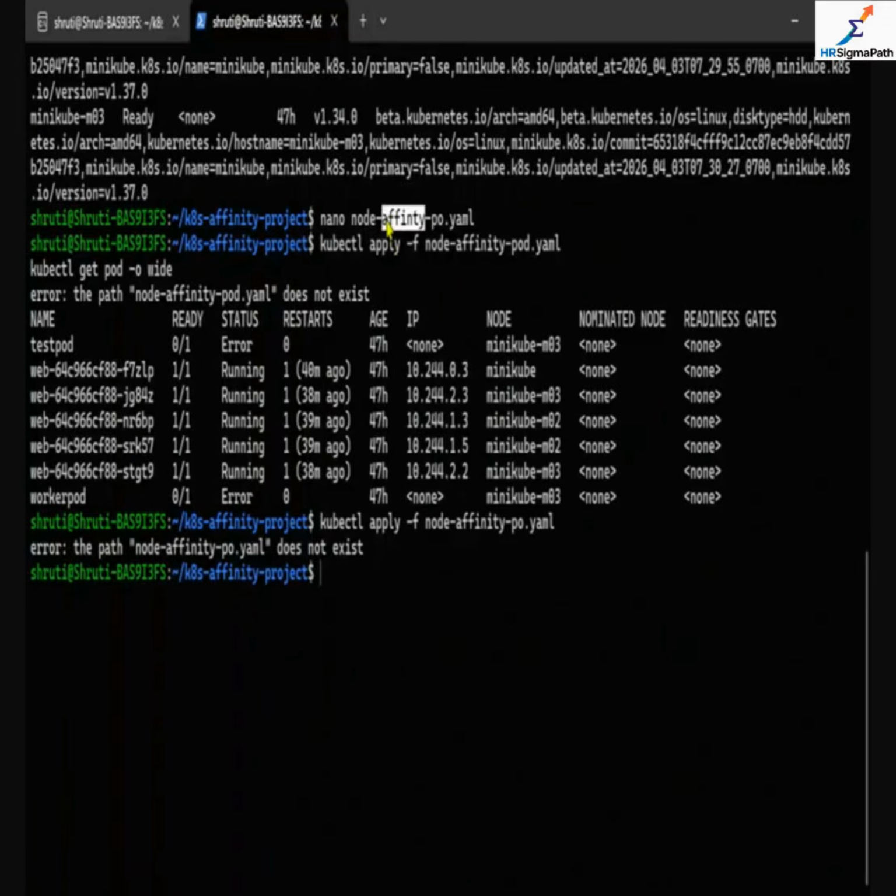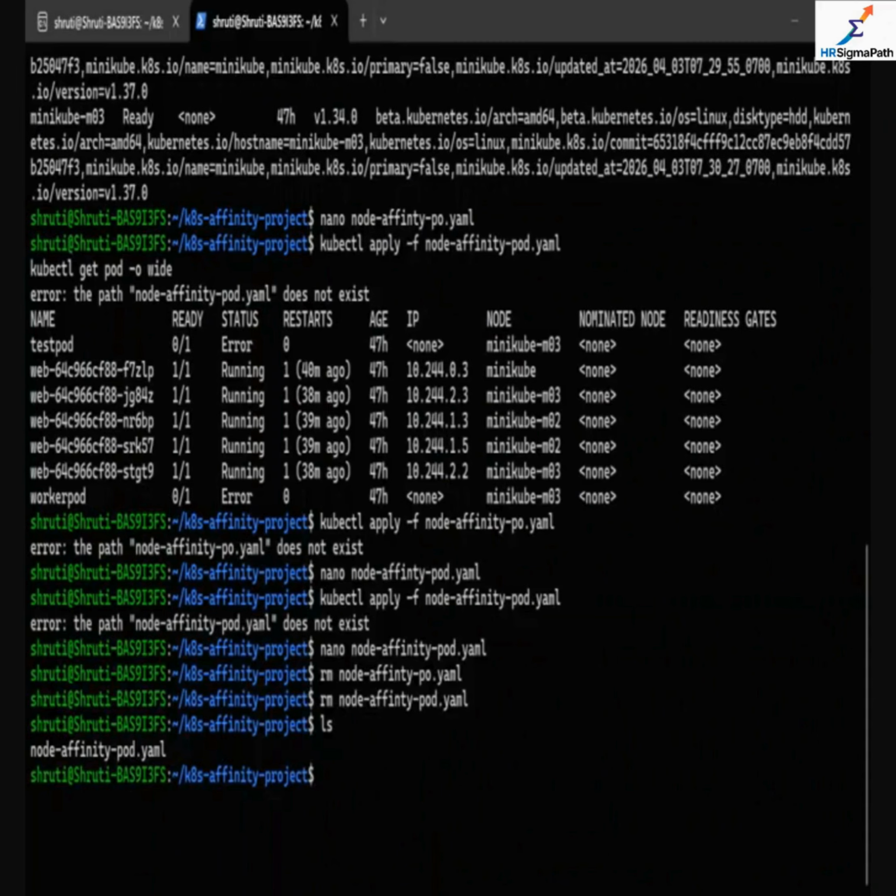Let me write node-affinity-pod, and then apply node-affinity-pod. There was a little spelling mistake which was showing the error. So we have already created this file, and now we apply it.